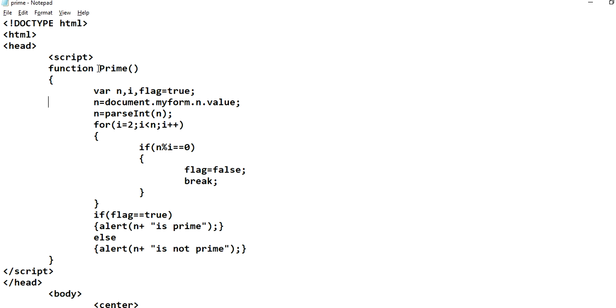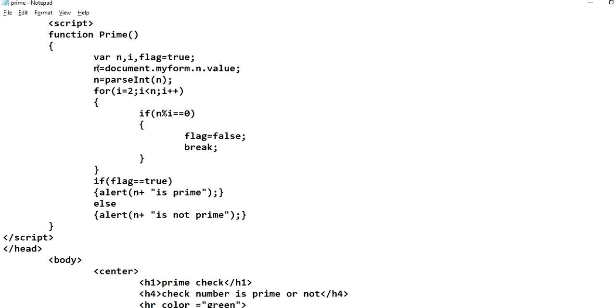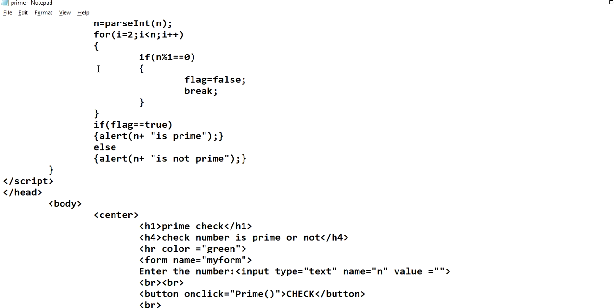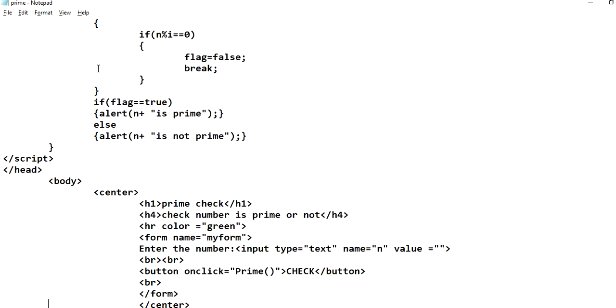Based on this calculation I am checking whether my number stored in n is prime or not using a simple for loop. In the HTML page I am showing a text box and a button, and when you click the button using the onClick keyword, the prime function is invoked.